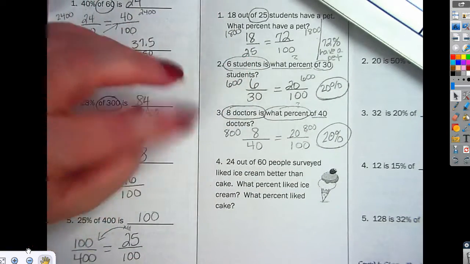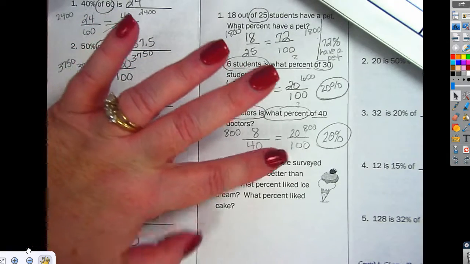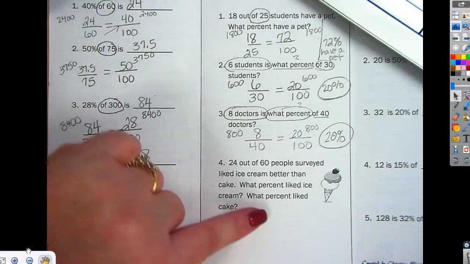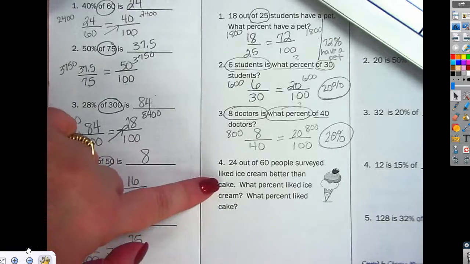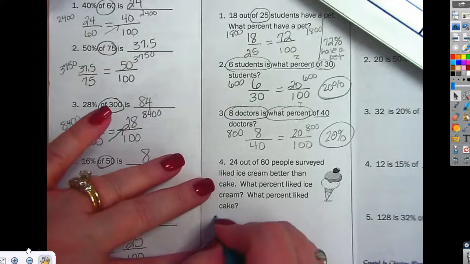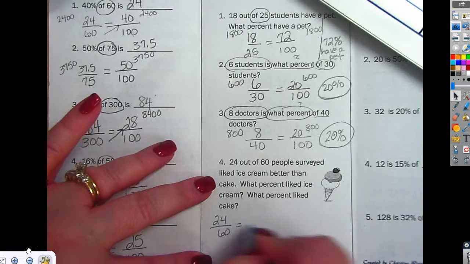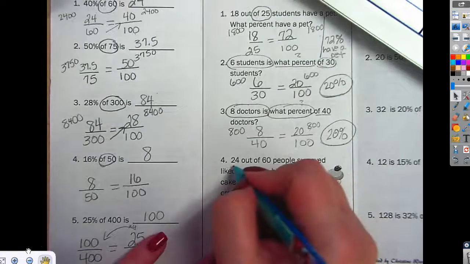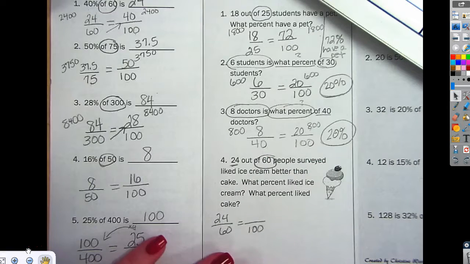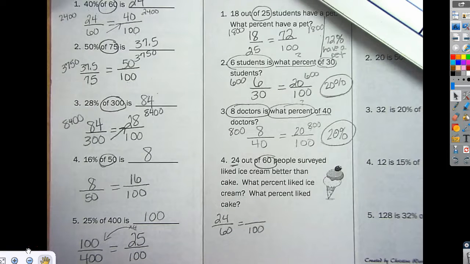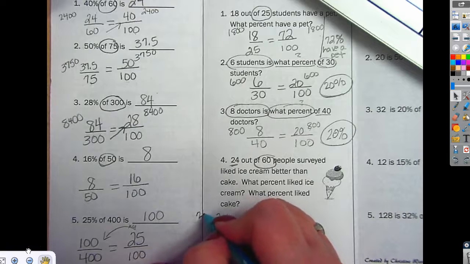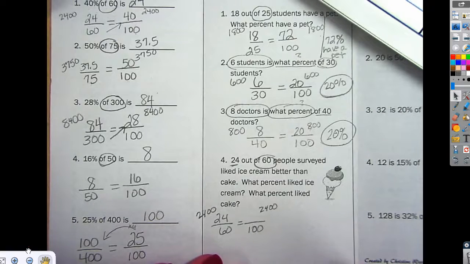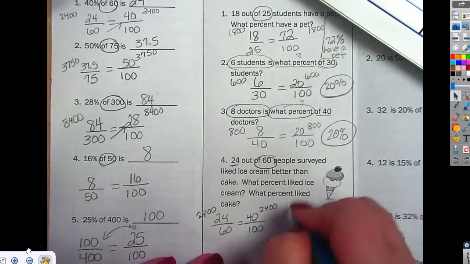All right, last one. 24 out of 60 people surveyed liked ice cream better than cake. What percent liked ice cream? And then a second question, what percent liked cake? So let's first deal with the ice cream question. 24 out of 60 equals what percent out of 100? So 2,400 divided by 60 is 40. So 40%